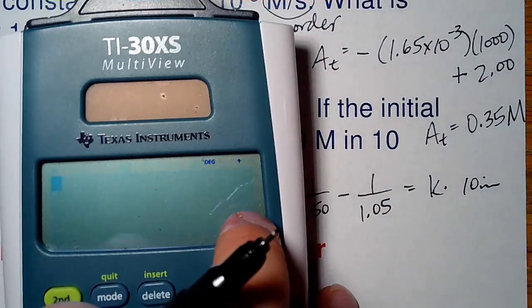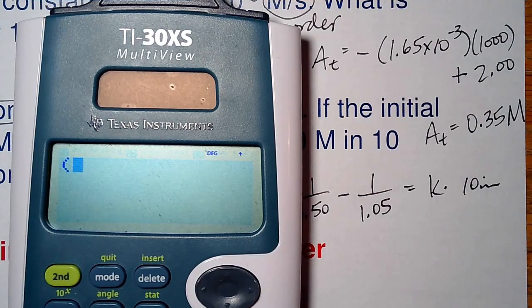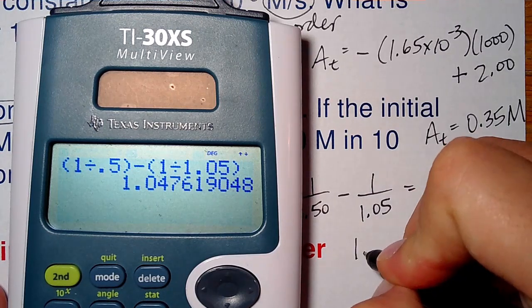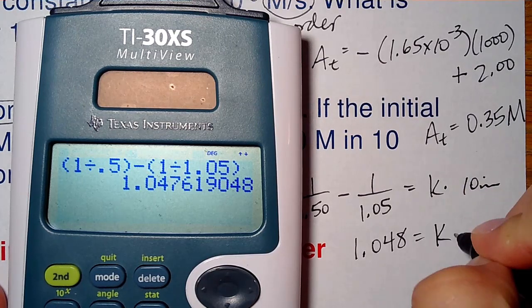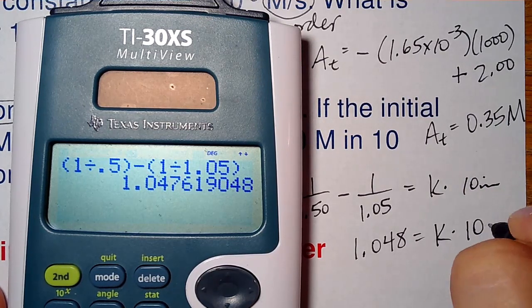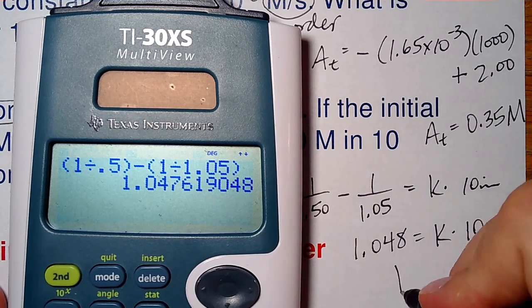Alright, so I put these in parentheses. 1 divided by 0.5 minus 1 divided by 1.05 gives me 1.048 equals K times 10 minutes. So divided by 10, K is